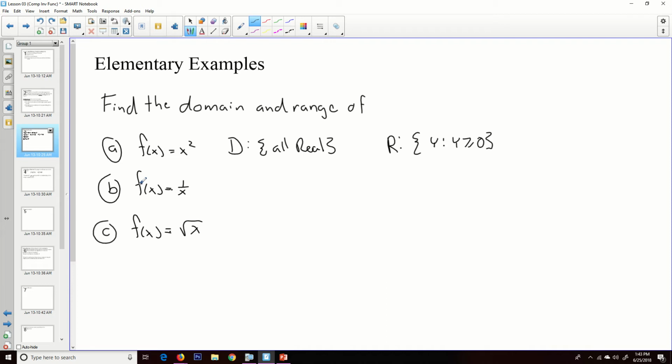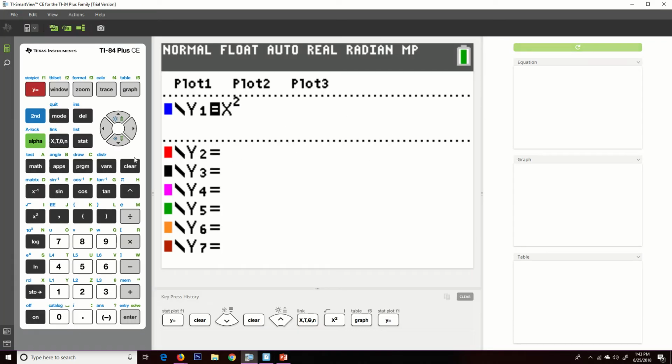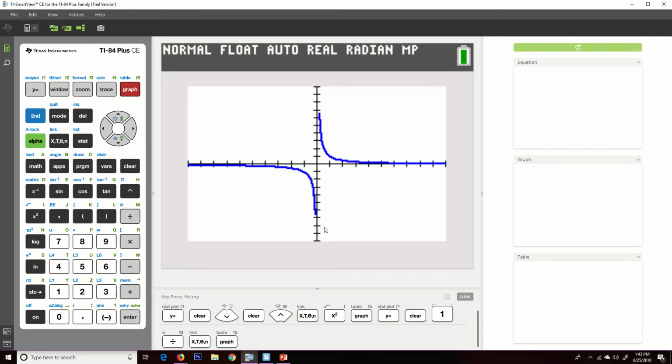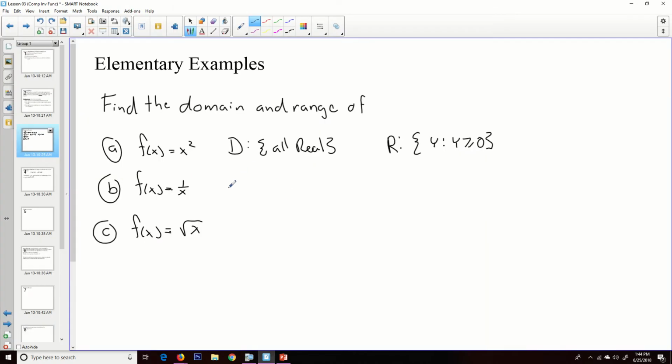All right, let's talk about f of x equals 1 over x. Now, we did this in the last lesson, and we saw that there was something funky going on in there. 1 divided by x, if you hit graph, you'll notice we have this thing here. Now, there looks like there's a little bit of a hole in this particular function, and it looks like there's no value for x at 0. And so I am going to say for my domain of this thing, let's see if I can do D instead of R, the domain is going to be all reals